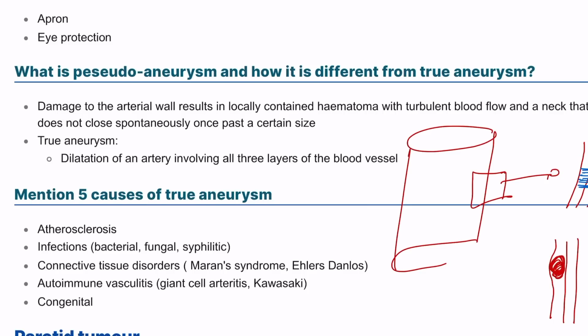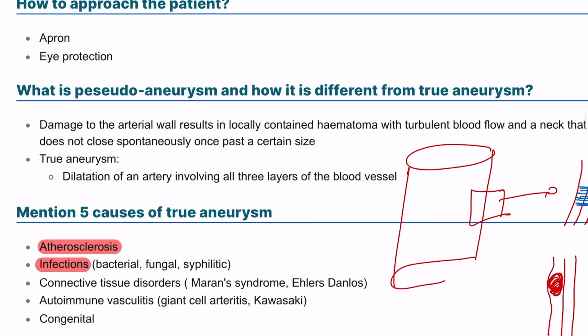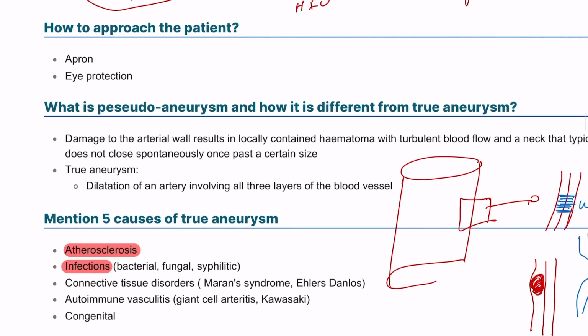Causes of an aneurysm: the main cause is atherosclerosis. Infection is another cause, as are connective tissue disease, congenital problems, and autoimmune vasculitis. Marfan syndrome and Ehlers-Danlos syndrome are easy to remember. But the main cause, more than